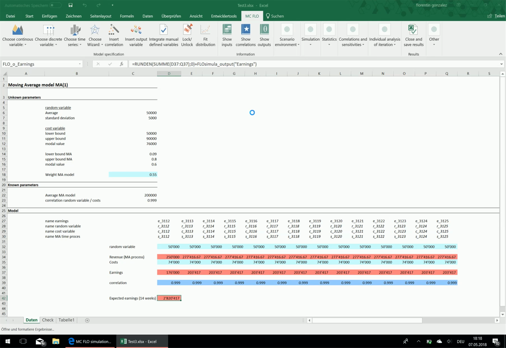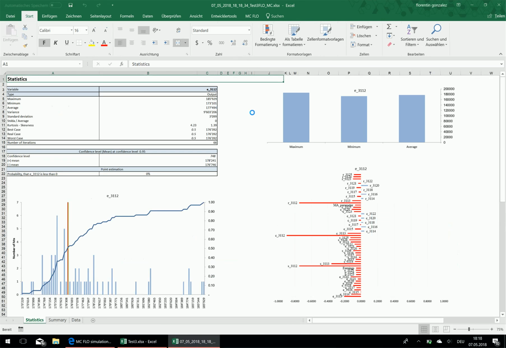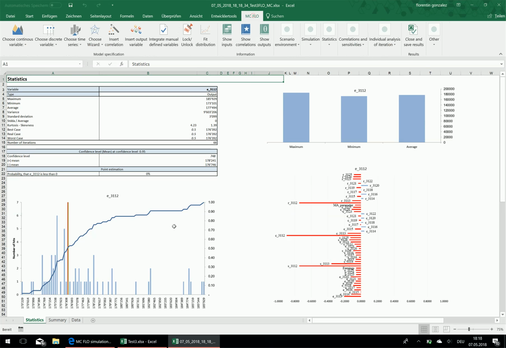So now, as we can see here on the bottom line on the left side, we have now calculated all the variables, and now we will show you that our manually introduced